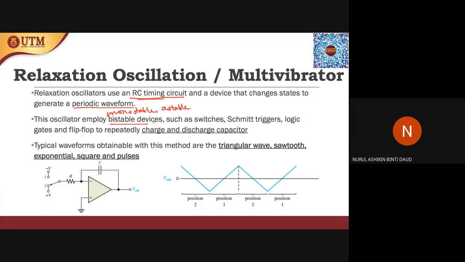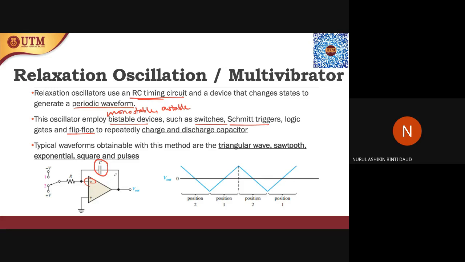We use these bistable devices that we have learned previously, which are switches, Schmitt triggers, logic gates, and also flip-flops. I think the flip-flop is very well known, used to repeatedly charge and discharge the capacitor. So there is a capacitor involved in this multi-vibrator oscillator, a capacitor that will take part at the inverting input of the